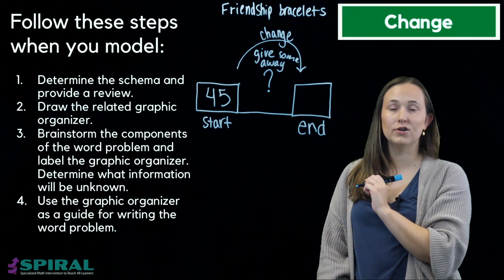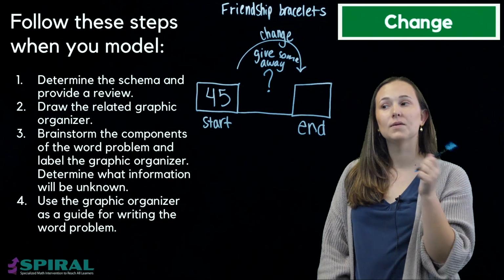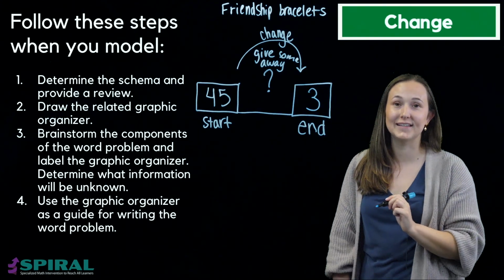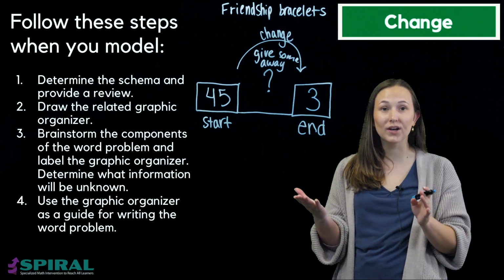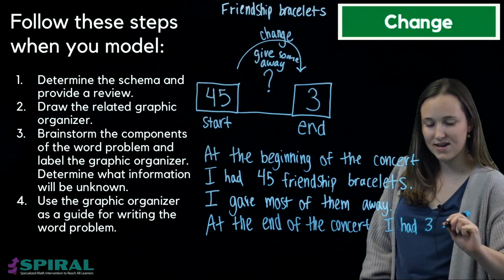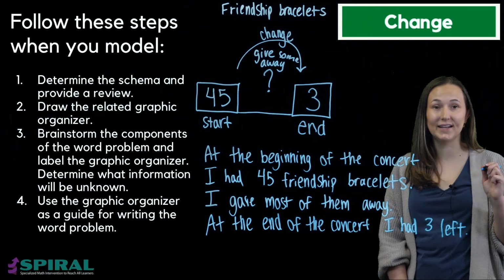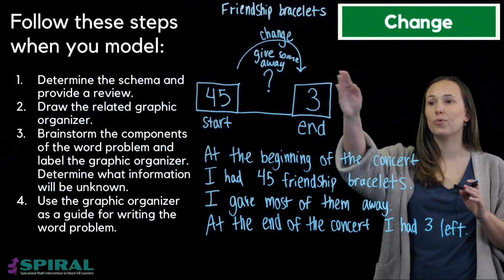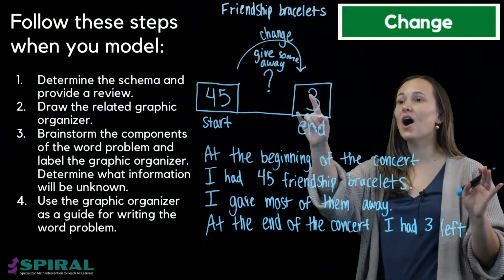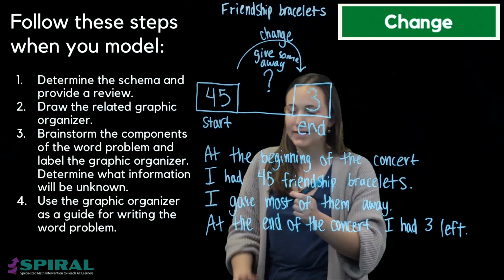I'm not going to tell my readers how many friendship bracelets I gave away, but I am going to tell them that at the end of the concert, I had 3 friendship bracelets left. So now that I have my graphic organizer ready to go, I can start writing my word problem. And now I'm ready for my question sentence. And my question sentence should always match up with what I said was unknown when I labeled my graphic organizer. And so what's unknown is how many I gave away. So my question sentence will be,